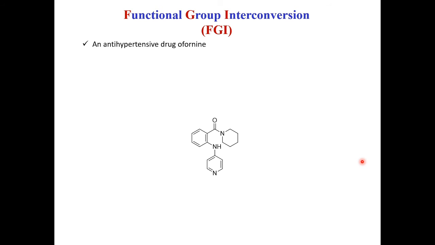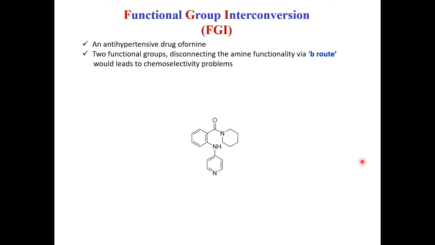This is an antihypertensive drug, aponine. When you look at this molecule, you will spot two functional groups. One is amide and the second one is amine. So we should know how these functional groups can be made. So we will apply the guidelines. Guideline 1 says that